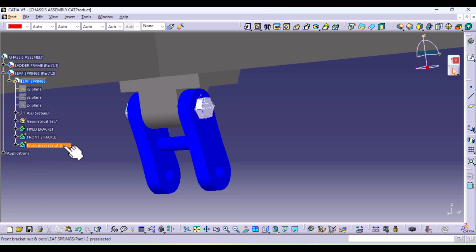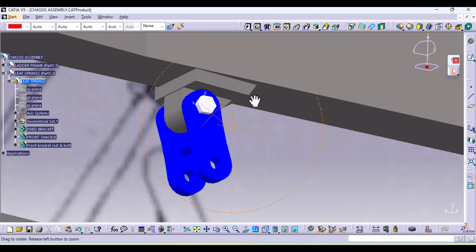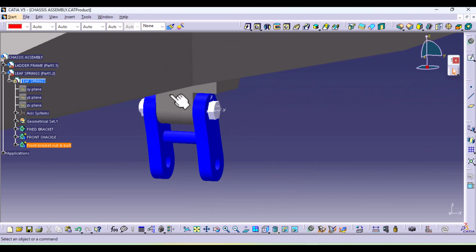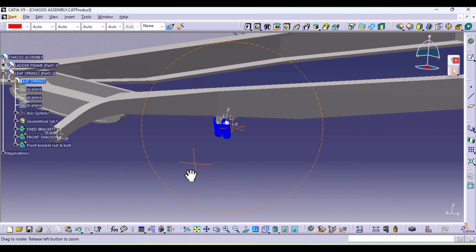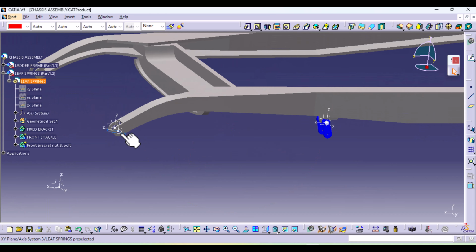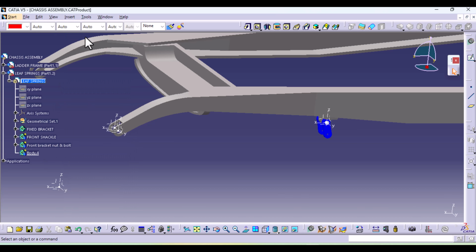So again, this is just a vanity object. It's not really how it looks like in real life, but it represents and adds the constraints to your assembly. So that's the front section. So at the front section, all that is left now is to add the leaf springs and a bolt at this point. In fact, we can create the bolt here, insert another body,